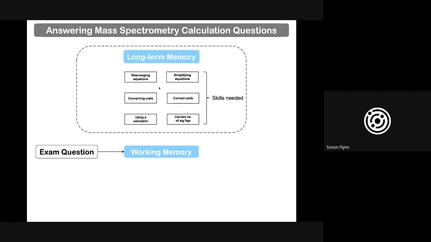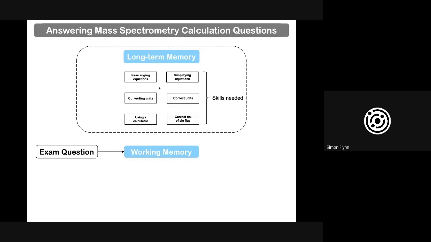So if we think about a mass spectrometry question, and let me just say, there's been one in every single exam paper, every single set of exams, both AS and A level. So these are marks that you're going to expect to come up, and therefore you want to get them. So you get your exam question, and here's our working memory thing again. Now, I'm not saying this is exhaustive, but let's think about the sort of things that you need to be strong at, competent with, skills with regards to a mass spectrometry calculation question,